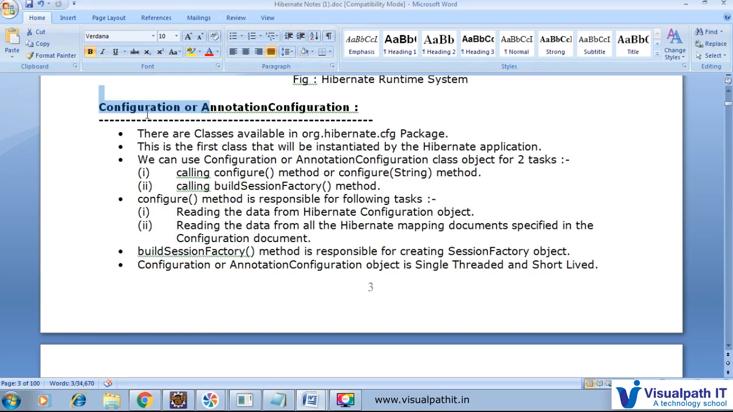So what exactly is the configuration or annotation configuration object? This is the first class that is instantiated during a persistence operation. This class is available in the org.hibernate.cfg package, and it is the first class that is instantiated by a Hibernate application. We can use the configuration or annotation configuration class for 2 tasks, where we call a configure method, or